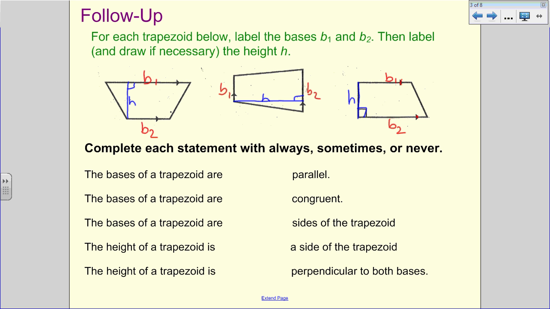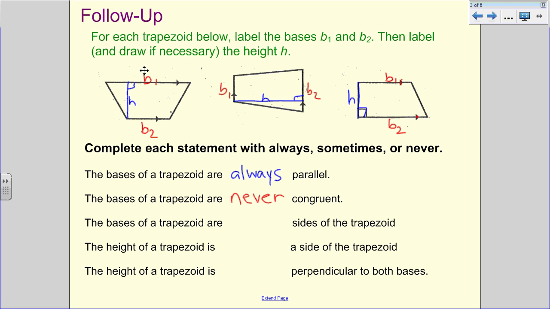So we're supposed to fill this in with always, sometimes, or never. So it says the bases of the trapezoid are blank parallel. Are they always, sometimes, or never? Well, this is always. So that's the easy way to find base 1 and base 2, is they're the two ones that are marked parallel to each other. The bases of the trapezoid are blank congruent. Bases can never be congruent because that means the sides connecting them would be parallel. So this is never